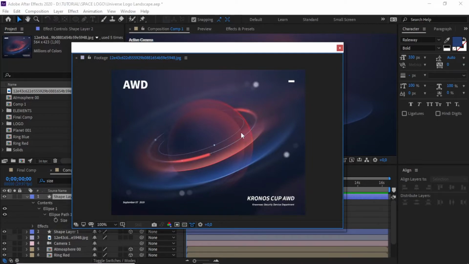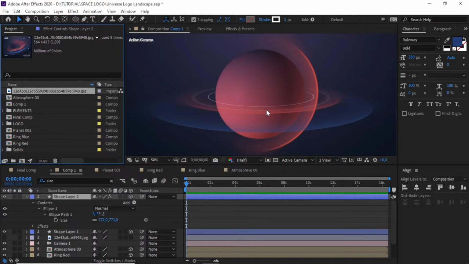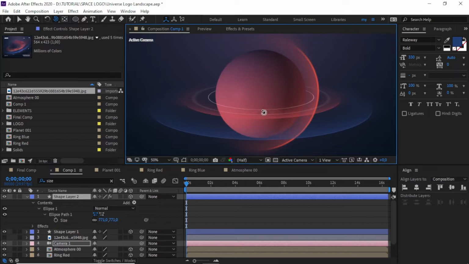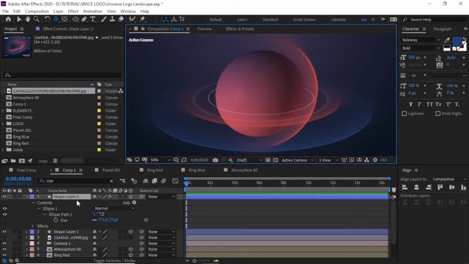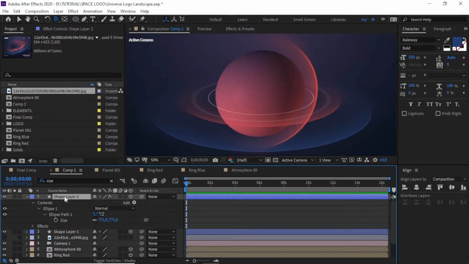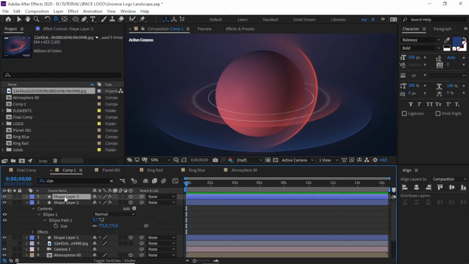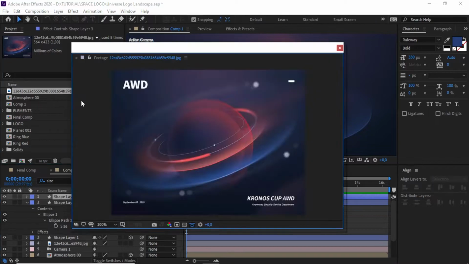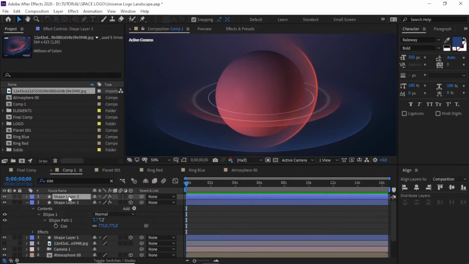So we need to create it with shape layer 2, double it, and as we can see here, there is a blur and not a full circle. In the shape 2 we have